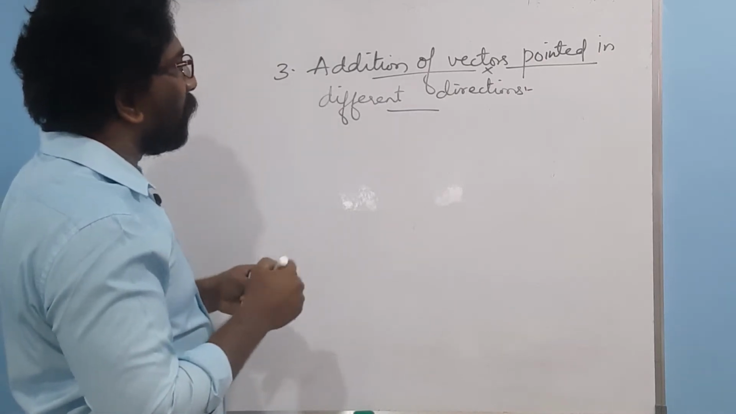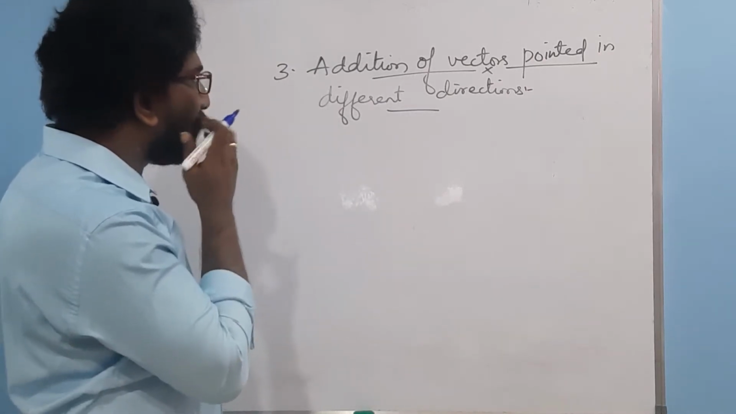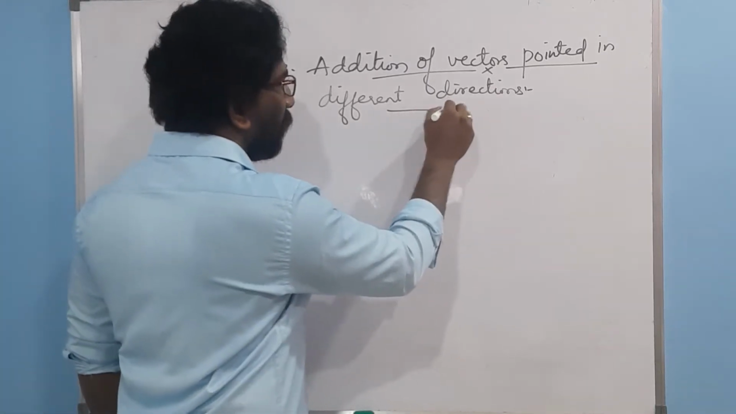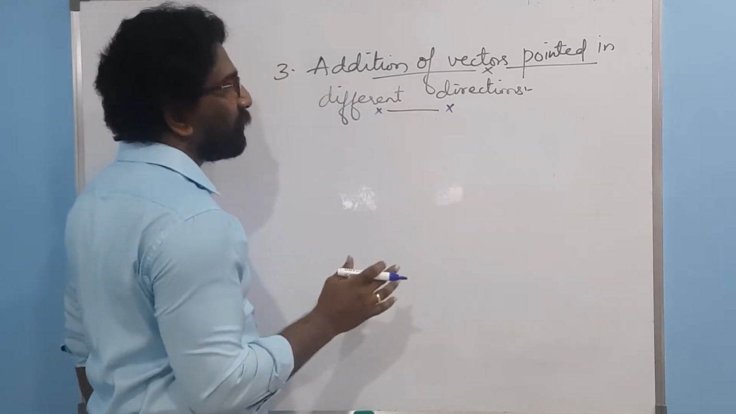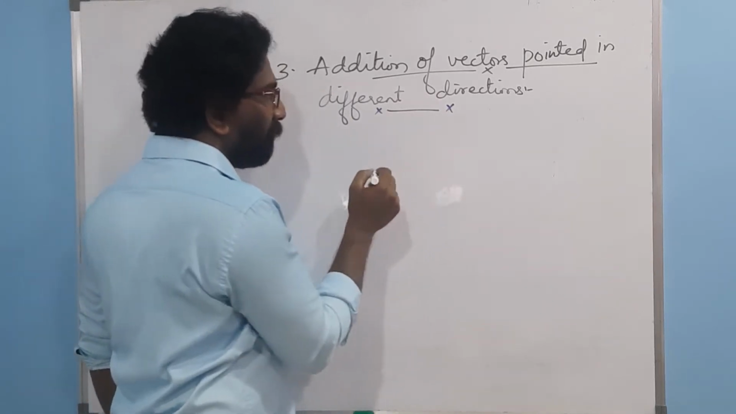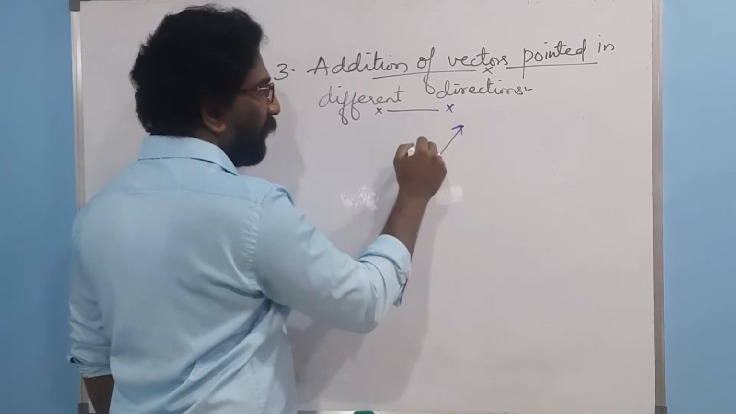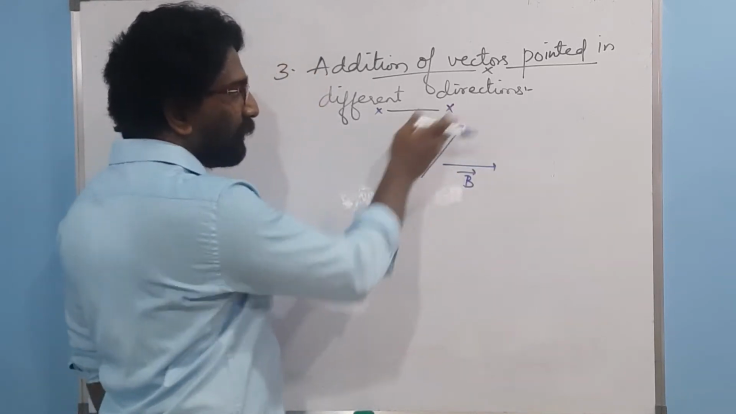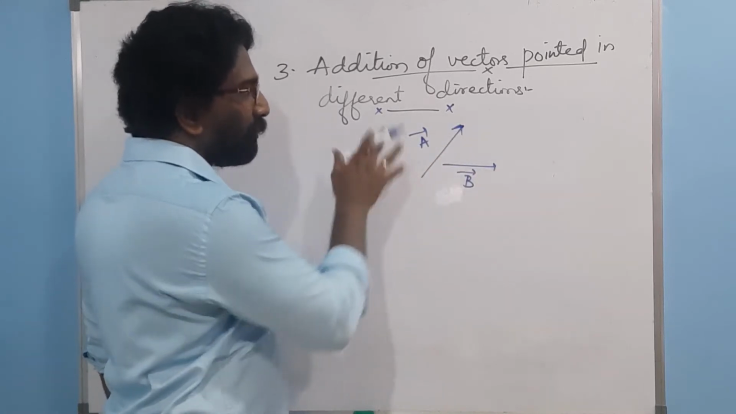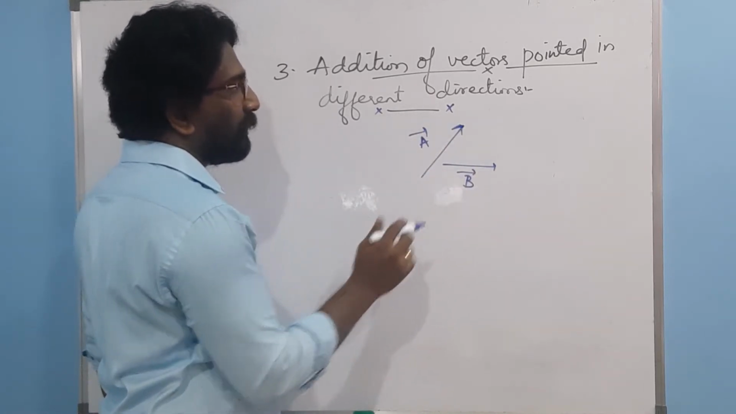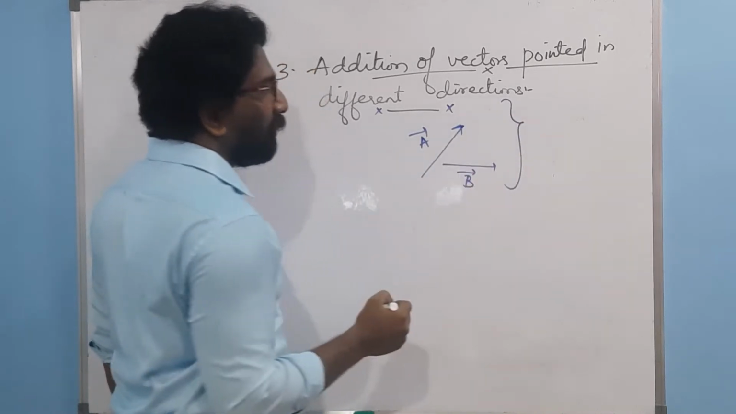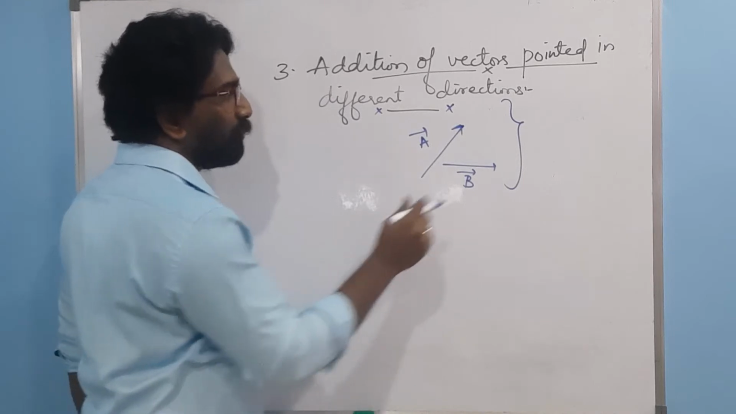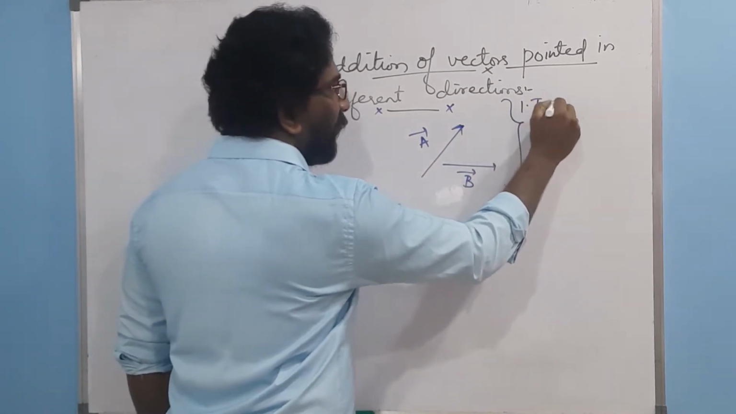This concept of addition of two vectors pointed in different directions has come into picture because vector addition is possible whenever the directions are the same. But here if my vectors are like this, vector A and vector B, and I need to add these two vectors, since they are projected in two different ways, new concepts have been taken into consideration in order to add these two vectors. Those concepts are, first one is triangular